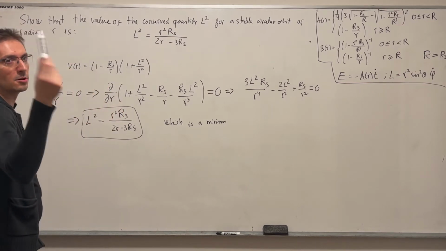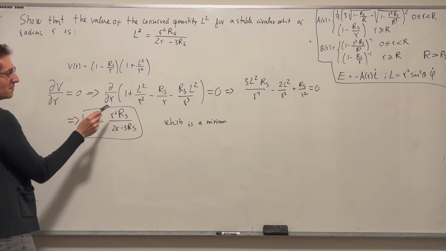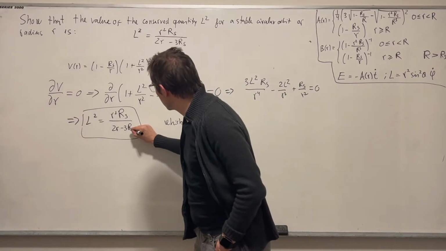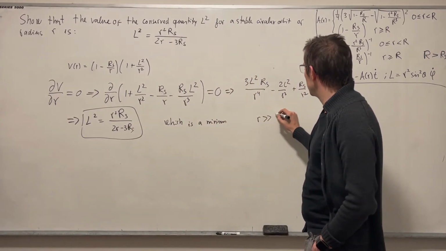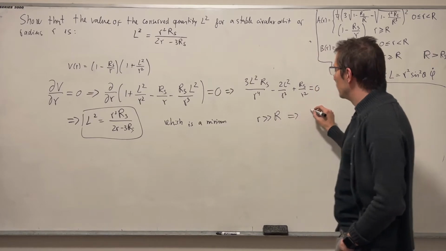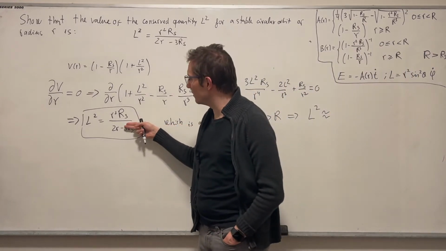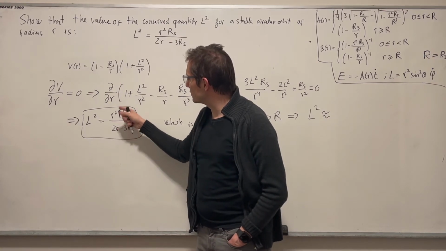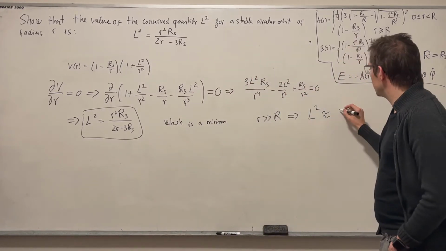So this gives me the z component of angular momentum for somebody looking at the orbit from infinity. It gives me the value of this angular momentum in terms of the Schwarzschild radius and the radius of the orbit. If the radius of the orbit is much larger than the Schwarzschild radius, then L squared is approximately, basically you can neglect this term here. So this r cancels one of the r's here, and the Schwarzschild radius I can substitute by 2GM,